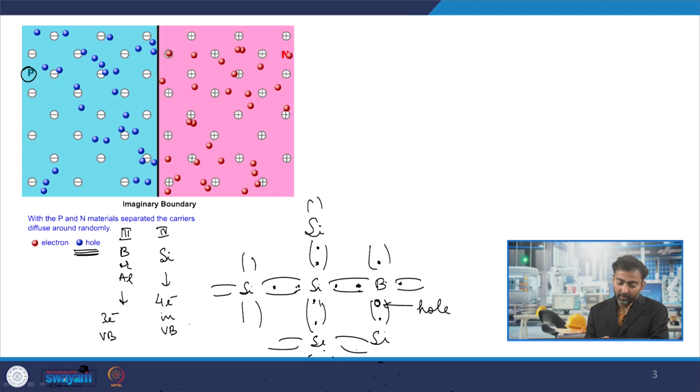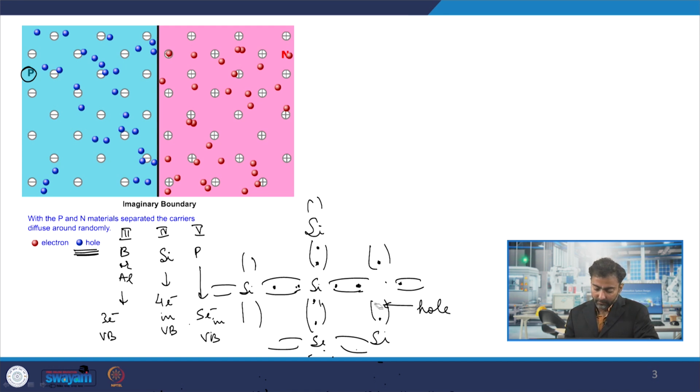On the other hand, you have the fifth group elements, a common example being phosphorus, which has 5 electrons in the valence band. So now instead of boron, let us say I put a phosphorus atom here, what happens? It has 5 electrons. So the hole is gone, it is no more there. We have 4 electrons which are bound by the adjoining silicon atoms, and then there is one excess electron roaming